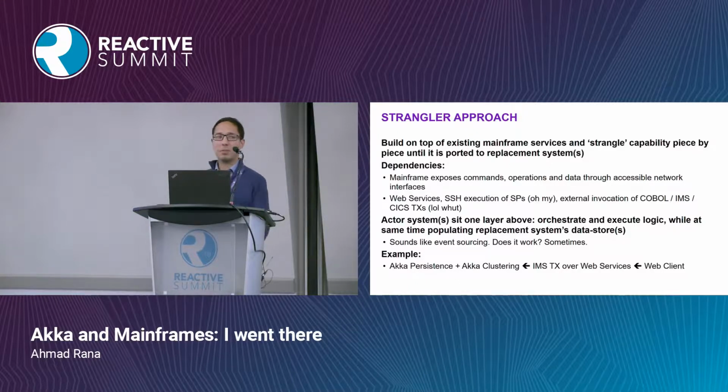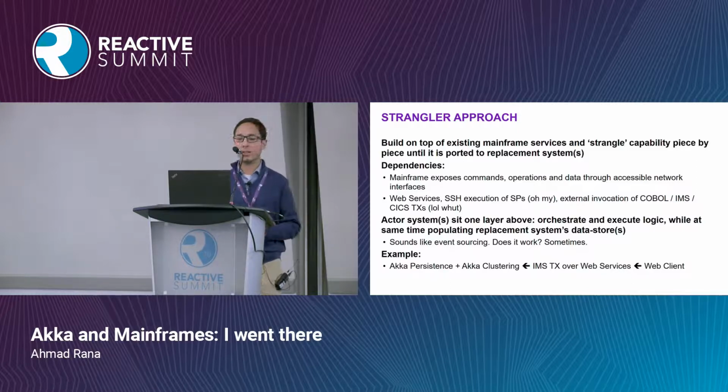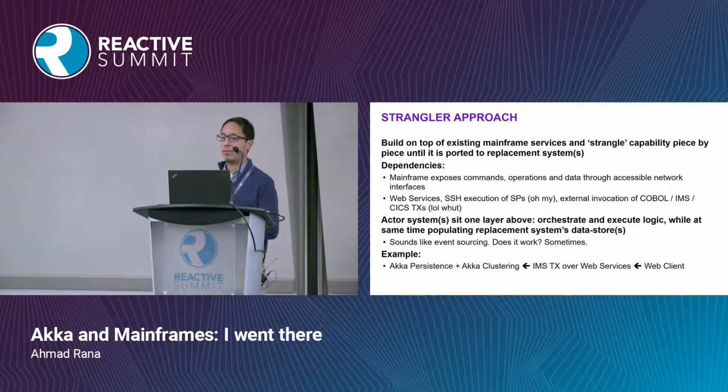Now I'm going to move away a little bit from TCP. I'm going to talk about the strangler approach, which has been talked about in some depth in previous sessions. But the idea is taking your existing services, whether it be commands or services, and over time moving them upstream to different layers in your application stack. So your mainframe exposes commands, operations and data through various network interfaces, whether that be TCP, SSH, invocations through an ESB, IMS transactions,